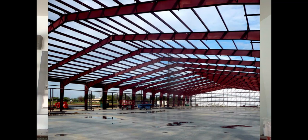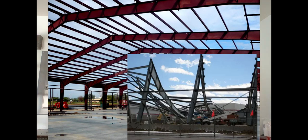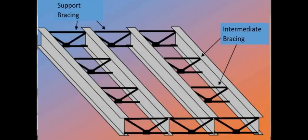Now, I'm not saying that metal buildings don't fall down. As I showed early at the beginning of this video, metal buildings do fall down, and a lot of the reasons they fall down, mainly during construction, is because the main frames are not properly braced. The erector may be getting in a big hurry and not properly brace the frames off like they should. And particularly when you have larger span buildings, they will tend to get like spaghetti, and they'll collapse because the strength of a metal building comes in the ability to keep the main frames in a vertical condition, so that the steel will attain its full strength and not fall over sideways. So again, you can see in these examples of metal buildings that the roofs are very light. You can put insulation in them, and it's very unlikely that you'll have a collapse as shown in this video,